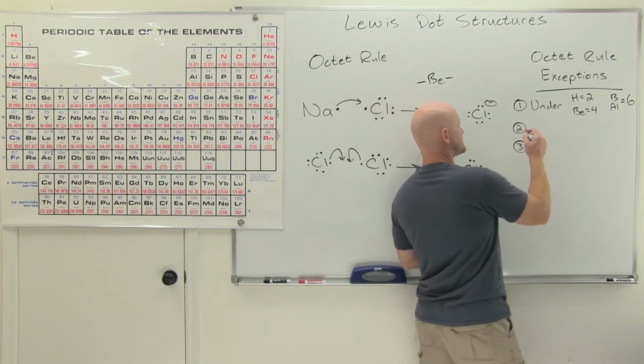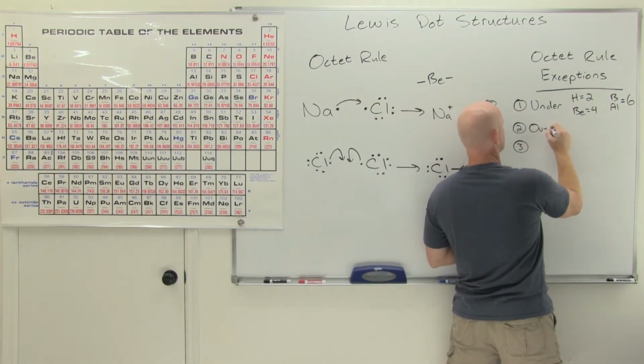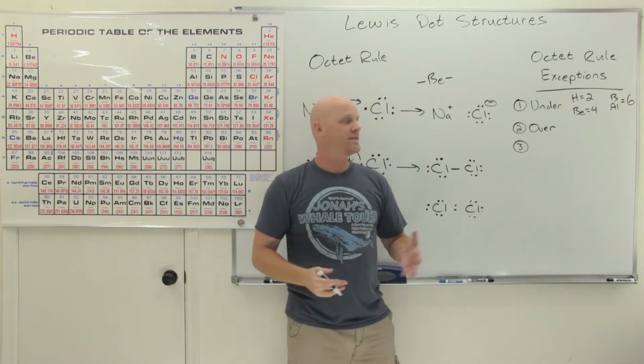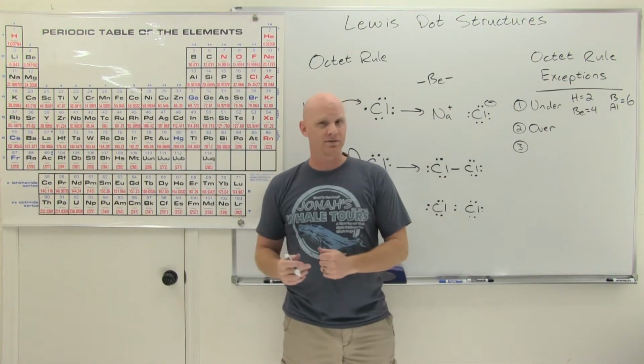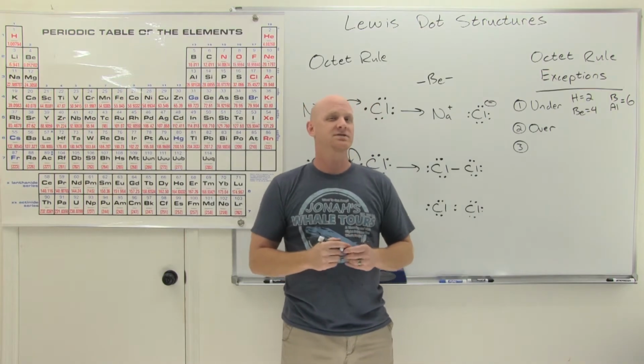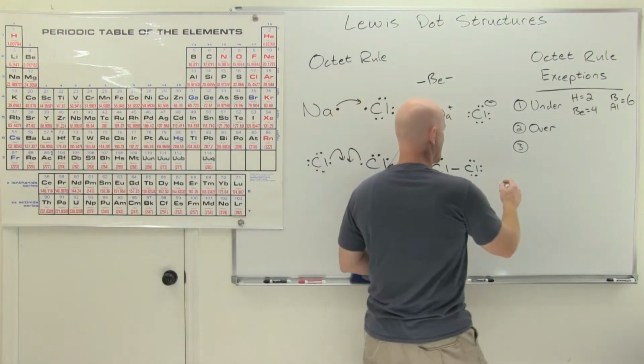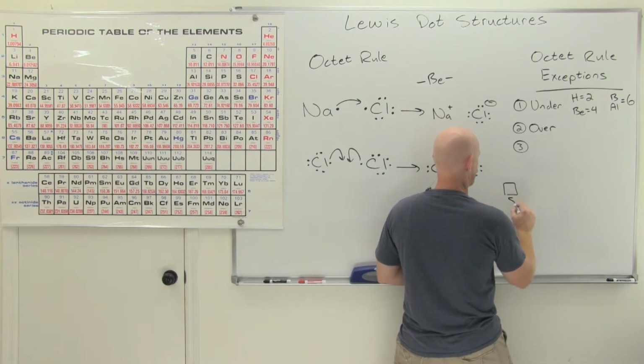All right, so that's your first exception to the octet rule. Your next exception to the octet rule is elements that go over the octet rule. And when an element goes past 8 electrons in its outermost shell, as we'll see, we call that an expanded octet. So, if we look at where the octet rule comes from, you've got an s orbital,